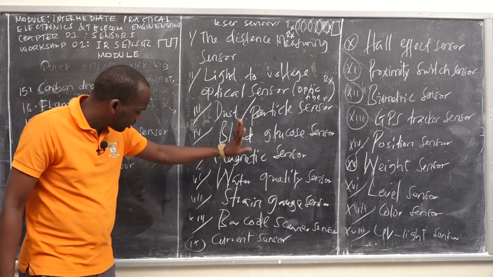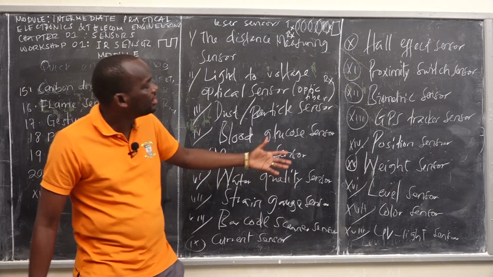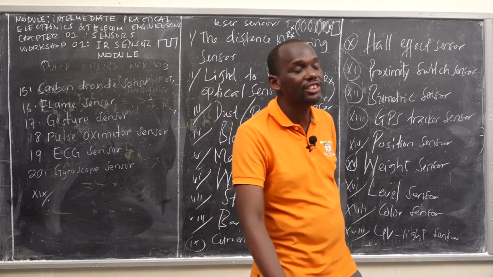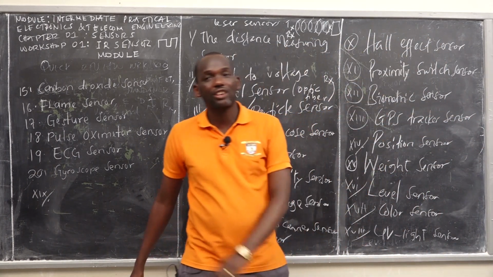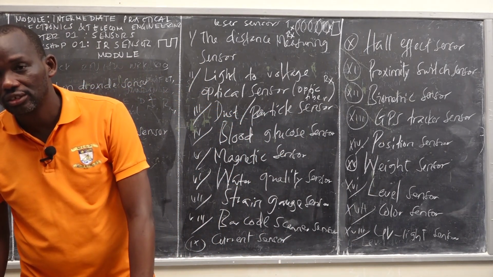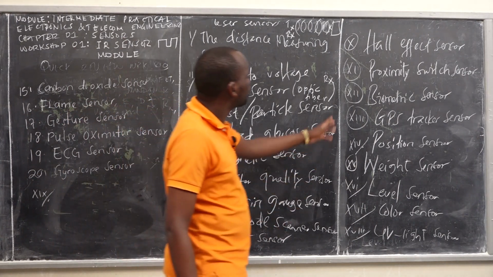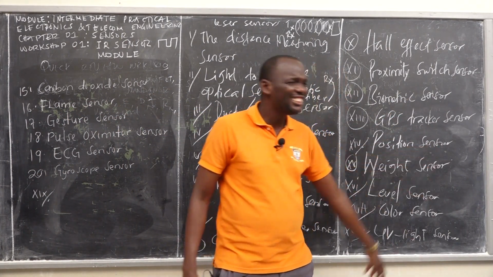Then you have barcode, I've discussed it. This is the current sensor, I've discussed it. Hall effect sensor. The Hall effect sensor is used to measure currents, electric field and magnetic field. Then proximity switch, we discussed biometric, we discussed GPS. Position sensor,